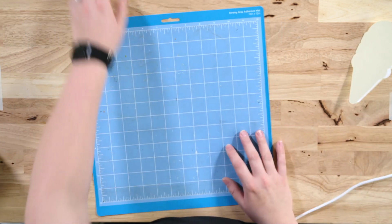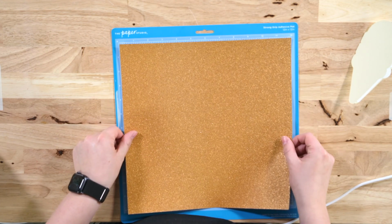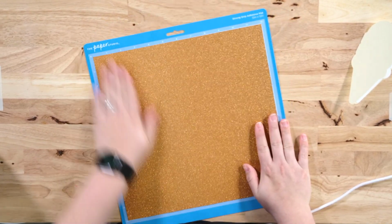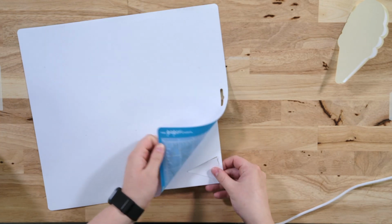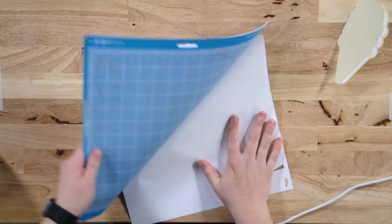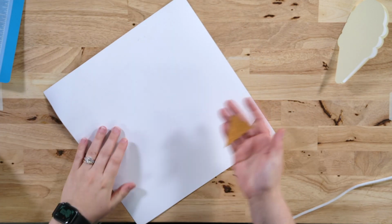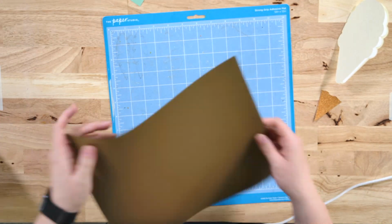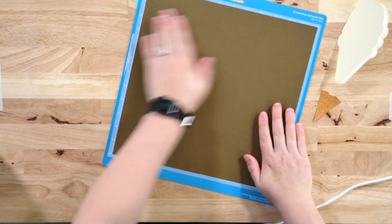Next up is gonna be our cone, which I think I'm gonna use this beautiful glitter for our cone here. So I'm gonna place this on the mat, place it down, and allow it to cut just like our other layers. Now this one's done. I'm just gonna flip it over and remove our material from our mat. Just like that. And we have our cute little glittery cone base. Now we're gonna move right along, just going down the line. We're referencing Design Space to see which ones we're gonna be cutting next so we know which color to load